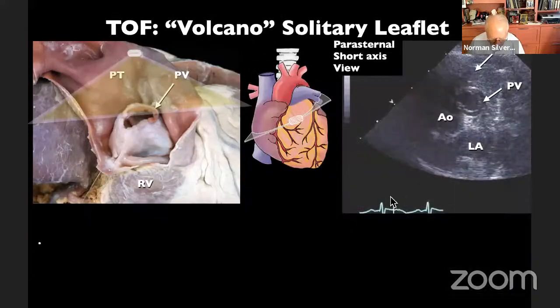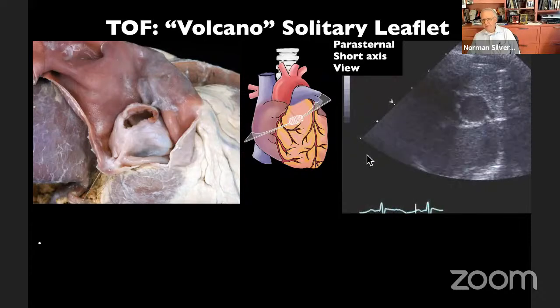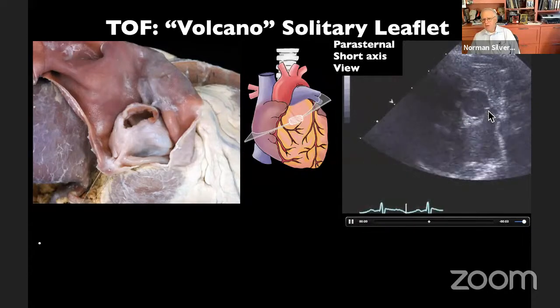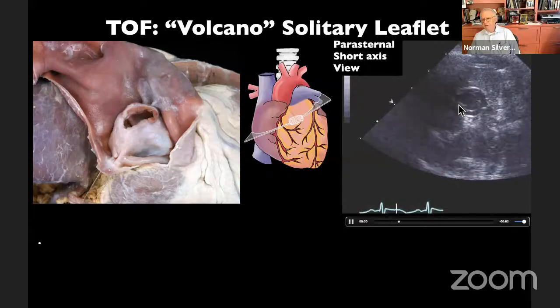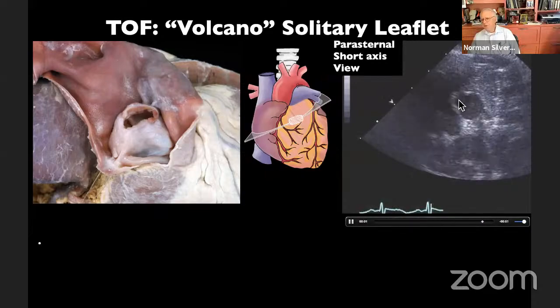Now, in 10% of patients or so, the pulmonary valve leaflet looks like, as Dr. Hanley calls it, a volcano. So you can relate this to any volcano that you see. And you see here the pulmonary trunk is opened. Here's the pulmonary valve. You see this little fibrous ridge that exists on one area over here. And the right ventricular outflow tract has been opened to show this leaflet here. And here is such an example of a volcano valve. And you see the valve is open, is free. There's no attachment here. There seems to be one attachment in this region here.